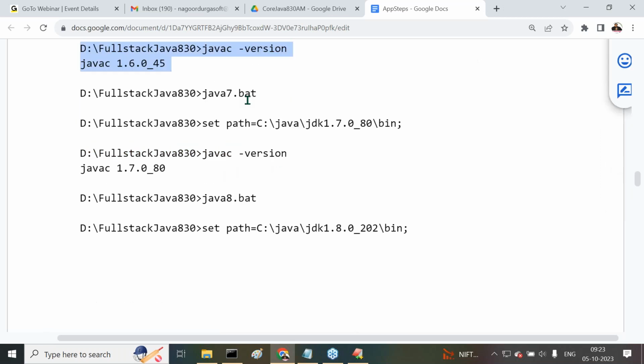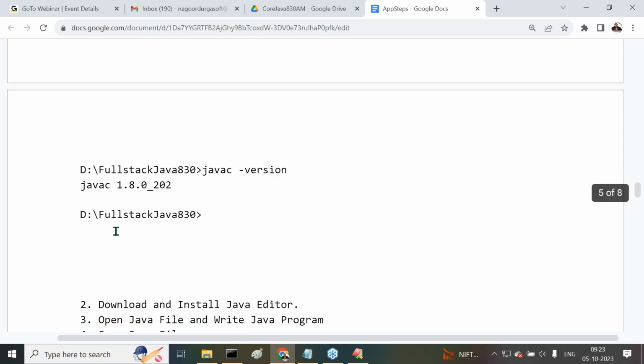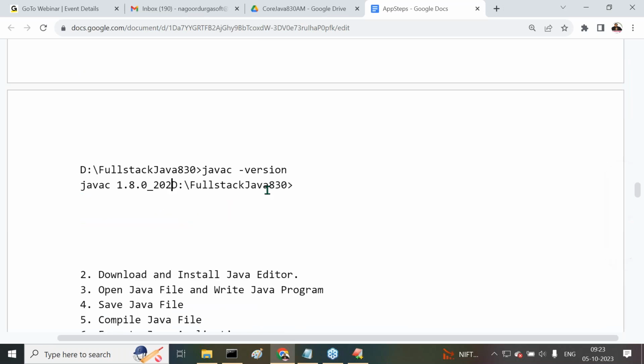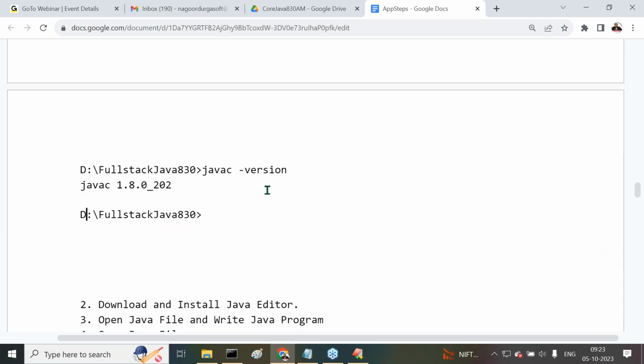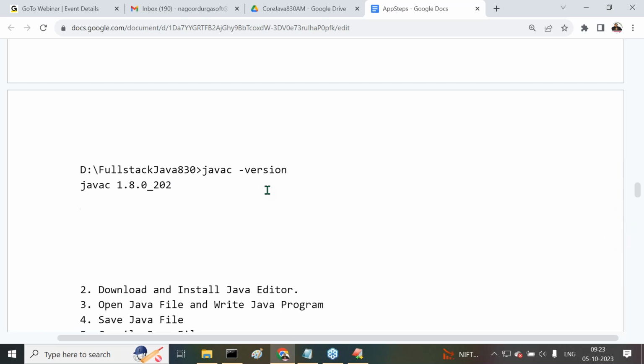Right, so in the same way Java 7, and in the same way the Java 8 version also we completed. This is the way of utilizing the batch file content that we have to understand. Do all of you get my point or not? That's okay, fine, now clear. All right, so then after this,